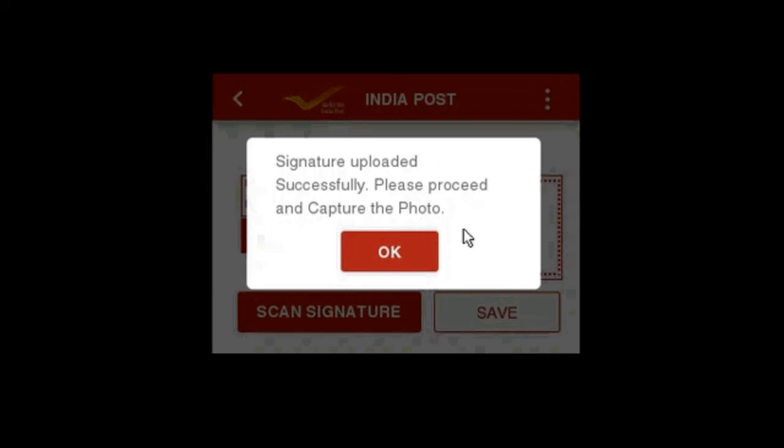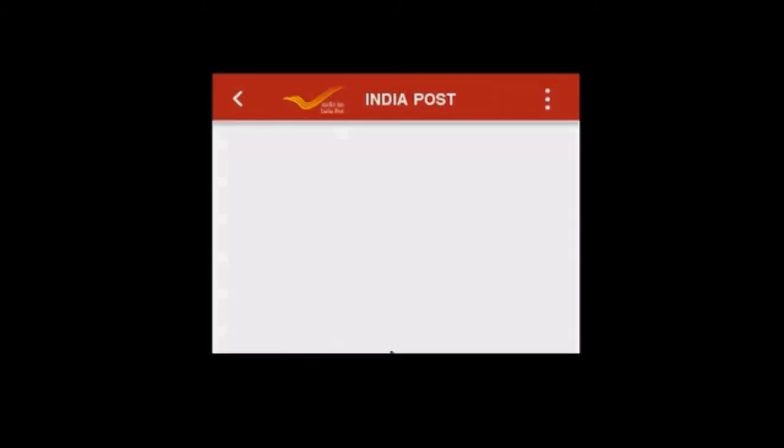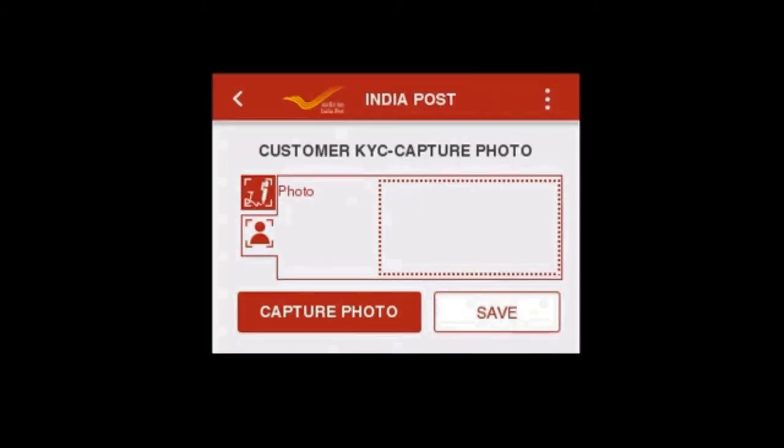Now with the same procedure we will capture the photo of the customer. If the customer is here at the BO, then the photo can be captured by clicking the capture photo option. This camera will be activated. Otherwise, we can take it from the opening form.